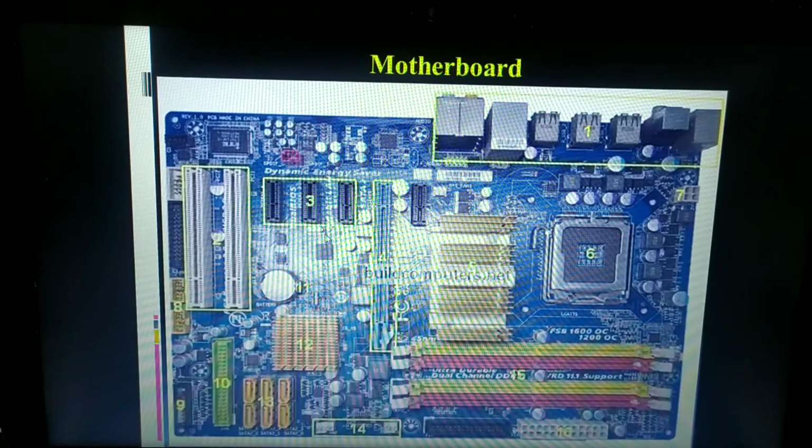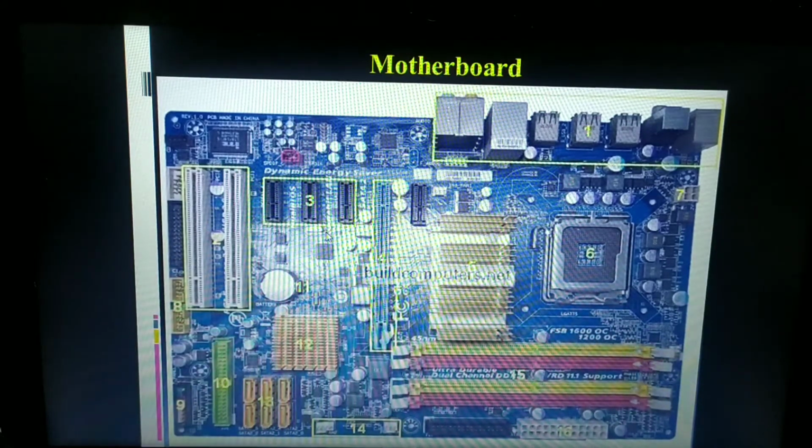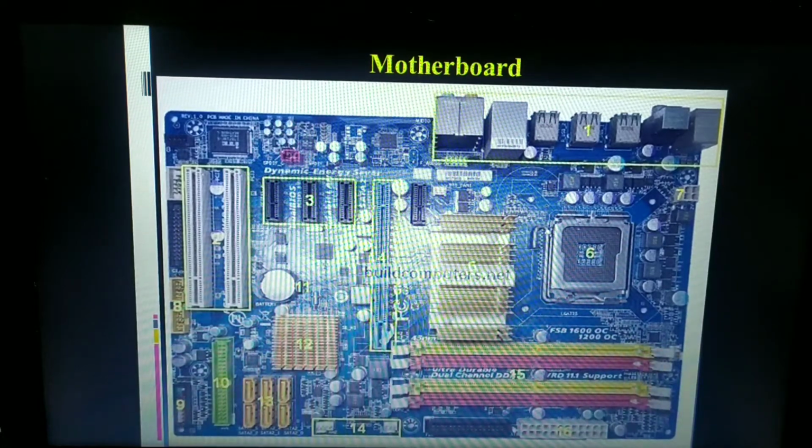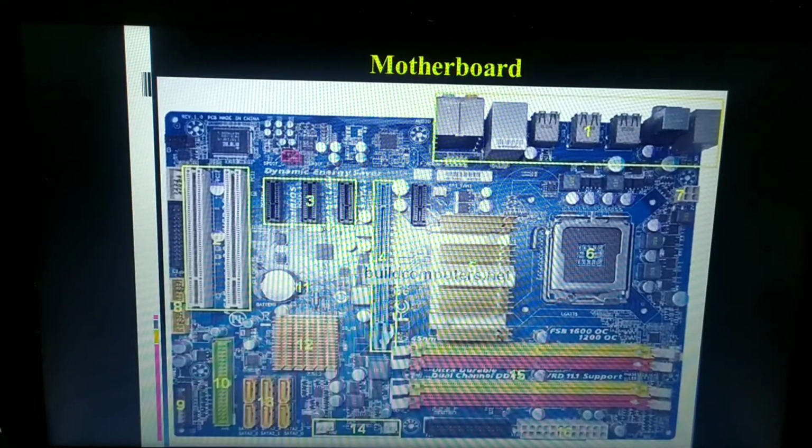Then why do we need to use this motherboard? Mainly, the motherboard makes every component inside the computer system communicate with each other, either directly by plugging onto the motherboard or by communicating through one of its ports. For example, the input is provided by the user through input devices like a mouse or keyboard, and the computer accepts the data through the input unit.